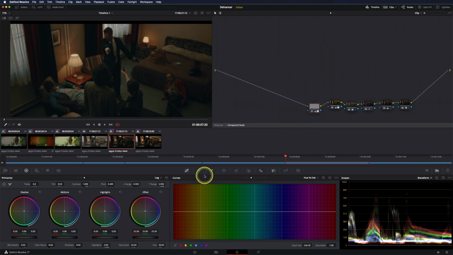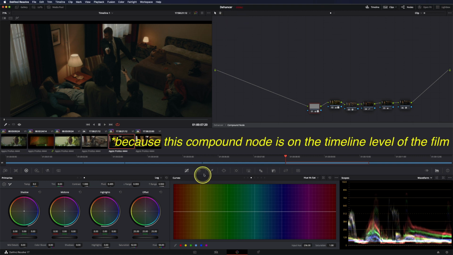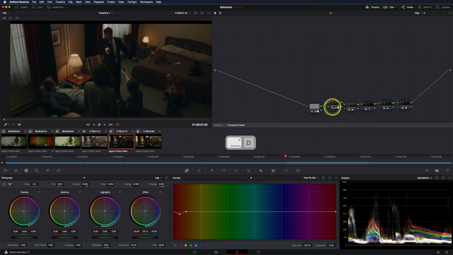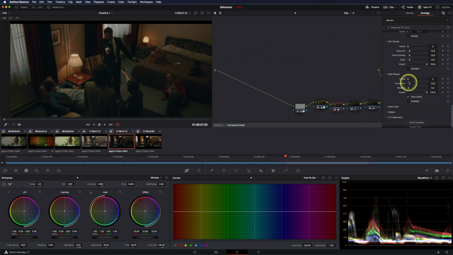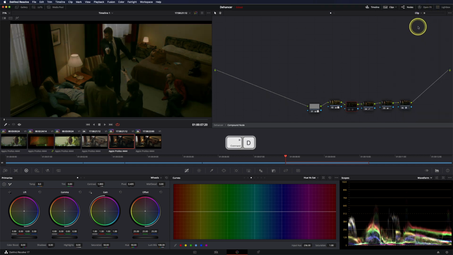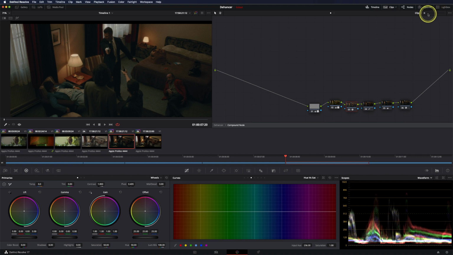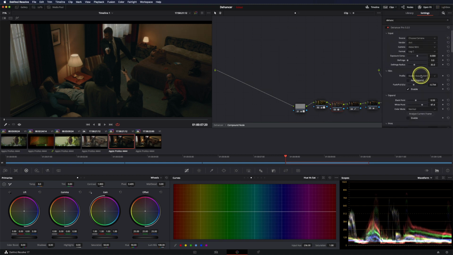So let's see what we have here. I don't know, I think this was for another shot. Some looks in here, so they changed the image quite a bit. So hue versus luminance curves, hue versus saturation curves, some more saturation overall, pulled down the shadows a bit, and some more offset. And finally in here, Dehancer, I think, yeah, this is our emulation, and I used Kodak Vision3 500T,